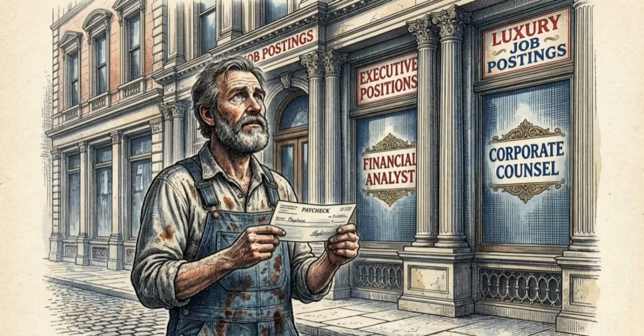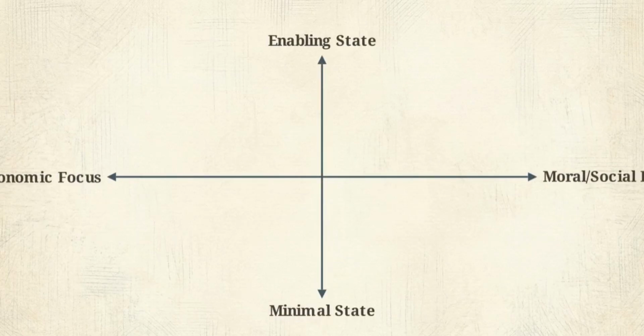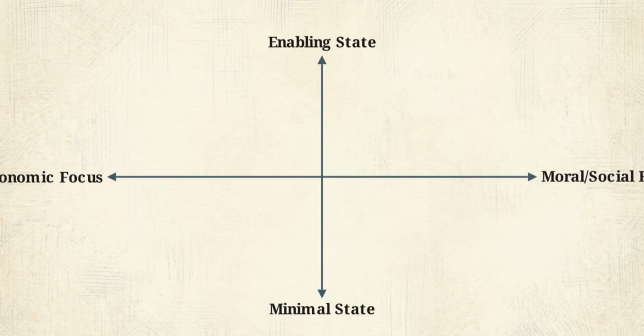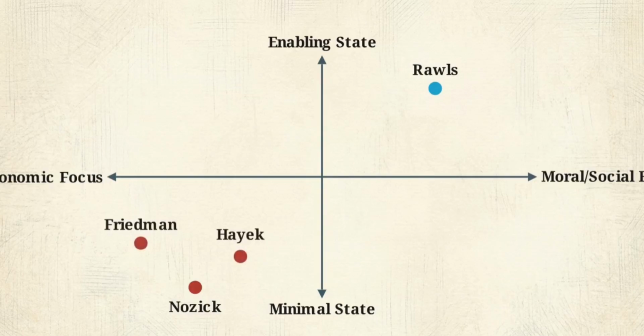These critiques demonstrate that mere non-interference is insufficient if systemic economic exploitation dictates and limits the actual choices available to the individual. Modern political philosophy maps these competing priorities on a spectrum of state intervention and moral focus. John Rawls argued that basic liberties must be protected, with inequalities permitted only if they benefit the least advantaged. Robert Nozick challenged this by defending the minimal state, viewing wealth redistribution as forced labor. Meanwhile, Hayek and Milton Friedman prioritized economic freedom, arguing that spontaneous market order creates more progress than central planning.